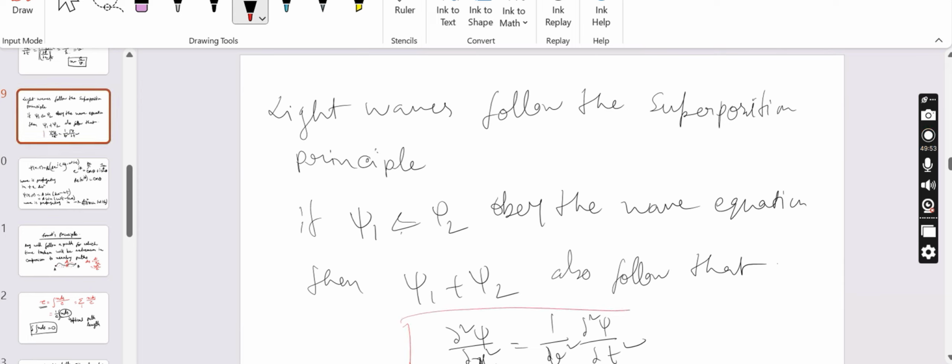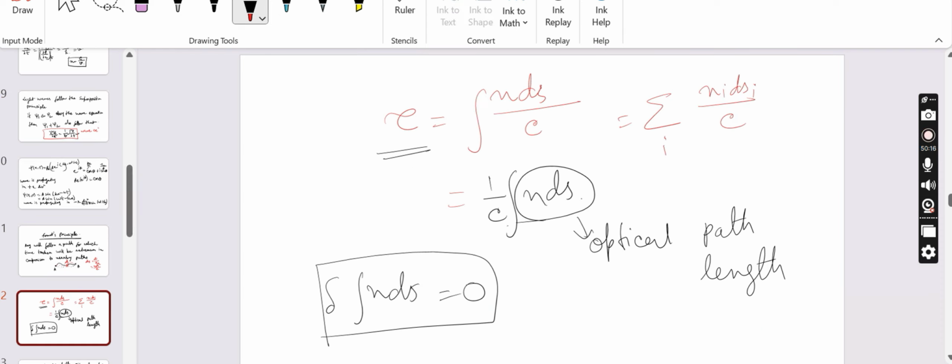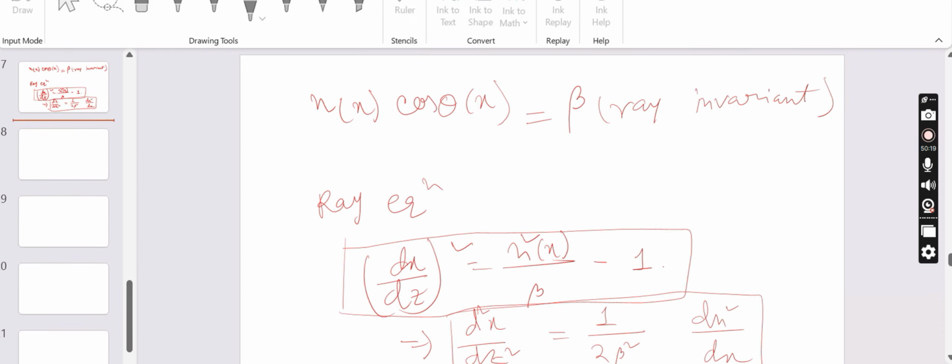And this is the wave equation. Both equations can describe a ray of light, or light, I should say, but they are not the same. They are different. This describes all the waves, and this is the ray equation. From that ray equation you will also know that for a homogeneous medium